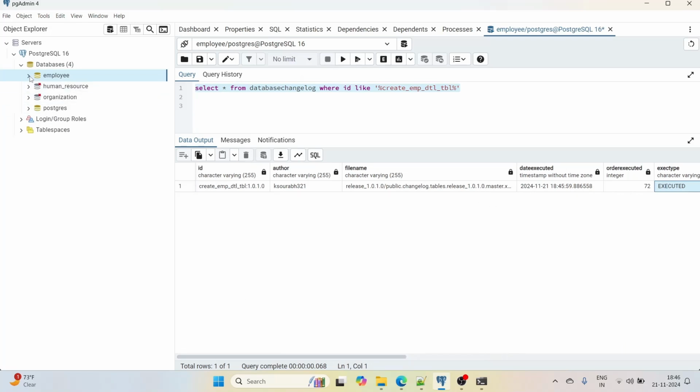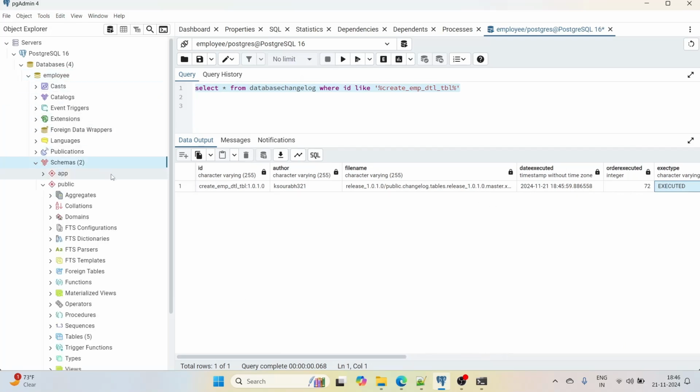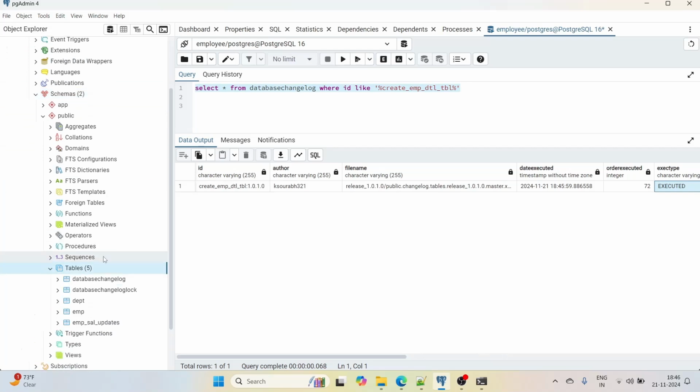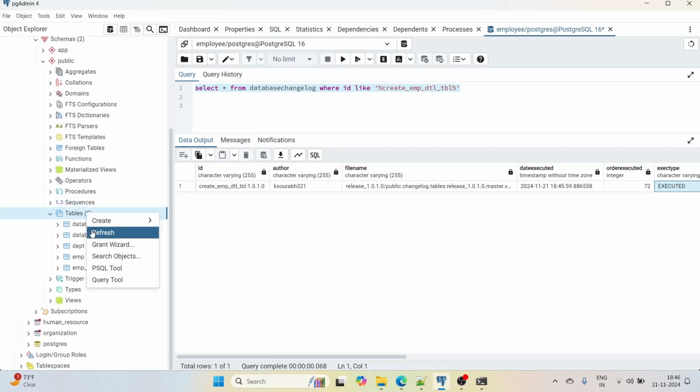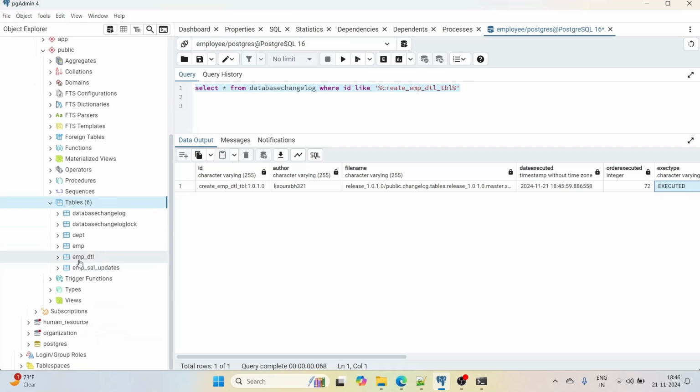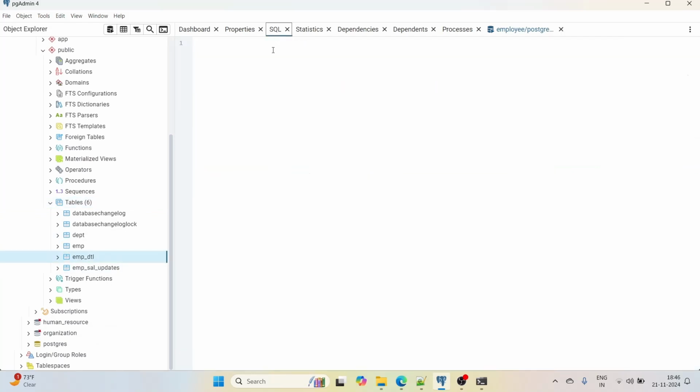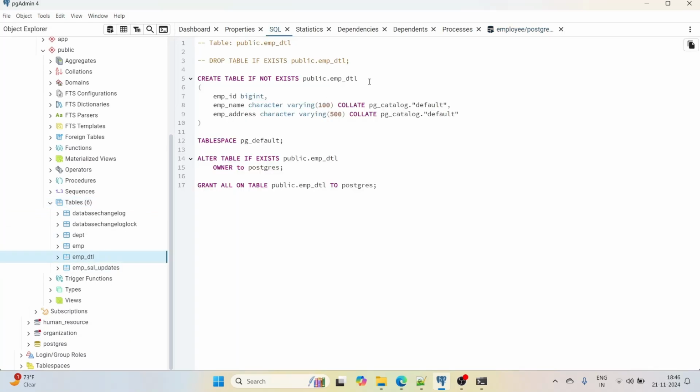Now let's go in our public schema and let's check if our table got created. So let me just refresh this table. So you can see employee detail table got created, right? This is our employee detail table got created in public schema,